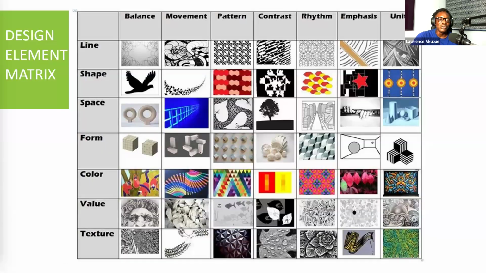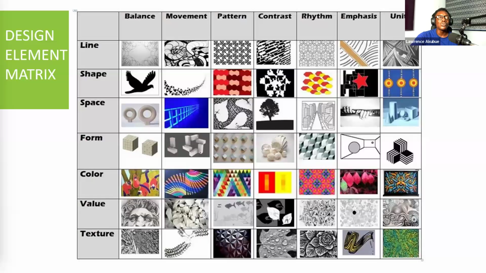So rounding off, I'm not going to go into all these things I'm mentioning, there is a full lecture on elements of design, but I just have to mention them in passing so that we will understand. So what we call the design element matrix is where you can combine the elements and some of the principles. Line with balance, movement, pattern, contrast,